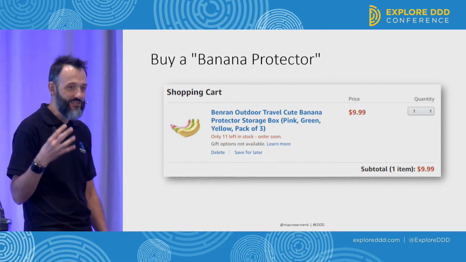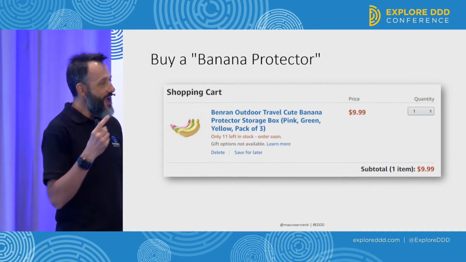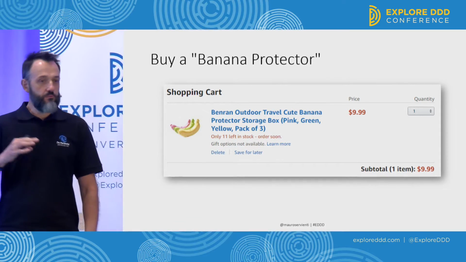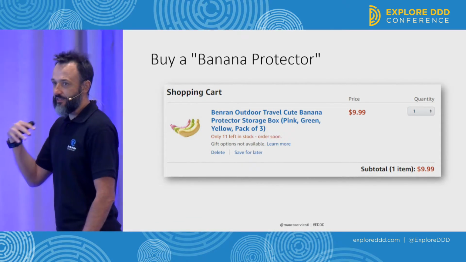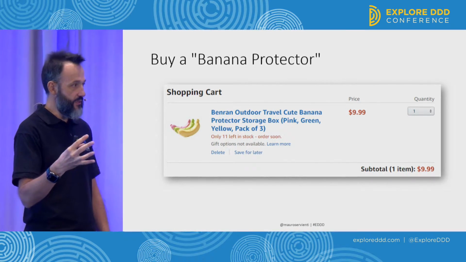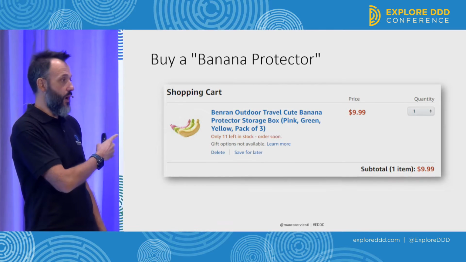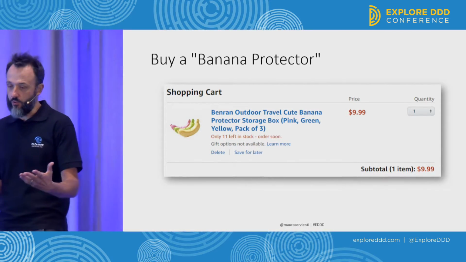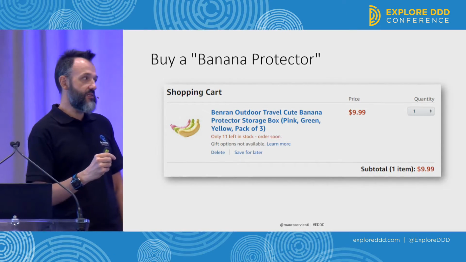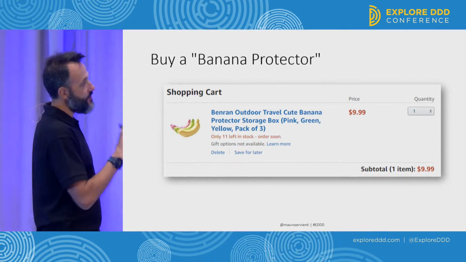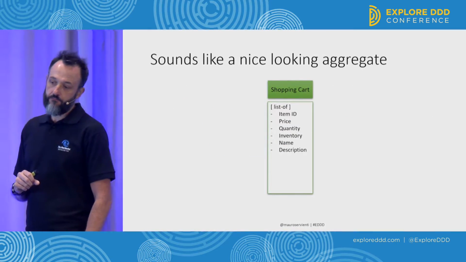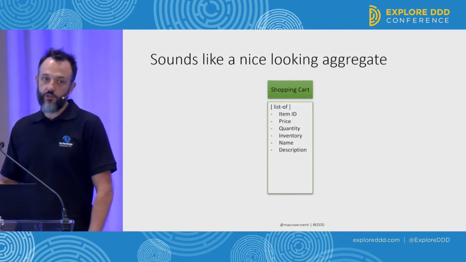And the architect in myself popped up saying, how could such a thing be designed? So I tried to understand what the backend, the Amazon backend in this case, could have been to satisfy such a UI, because that's the thing I was looking at. And the first thing I said to myself is, this one sounds like a nice-looking aggregate. So we could say that the shopping cart